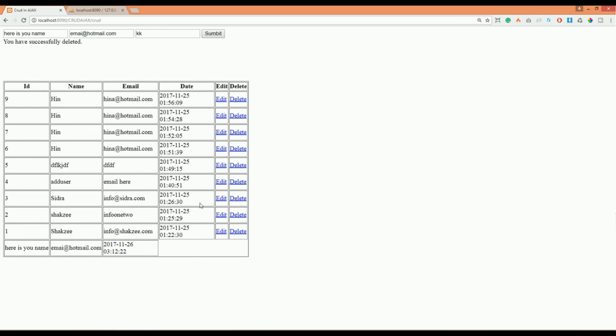So now you can see you are not embedding the edit and delete sections inside here. So in the next lecture we are going to explain how you can do that with Ajax with the jQuery section. Thank you for